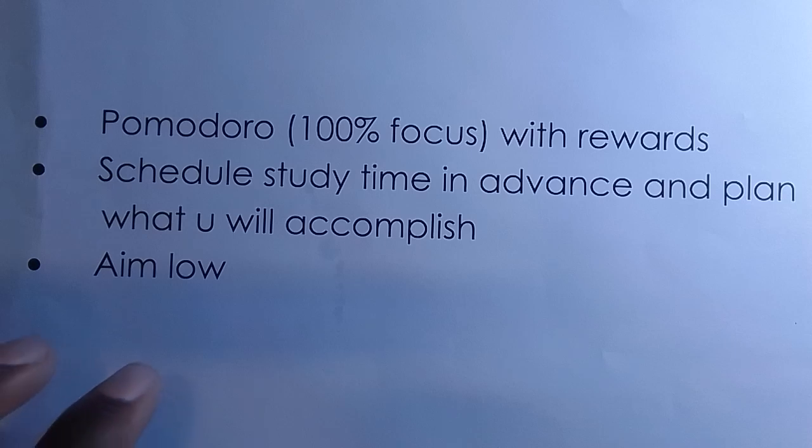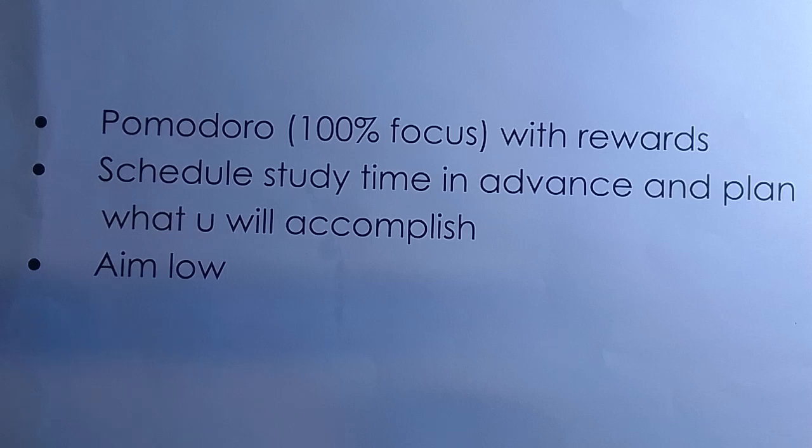The final tip is kind of weird if you're reading it. It's aim low. And I got this from Jordan Peterson. The idea is, if you are getting a level 3 in a report at school, don't aim for level 7 on the next term, because there's not a very high probability that you'll get it immediately, right? So what you do is, if you're getting a level 3, you aim for a level 4 and